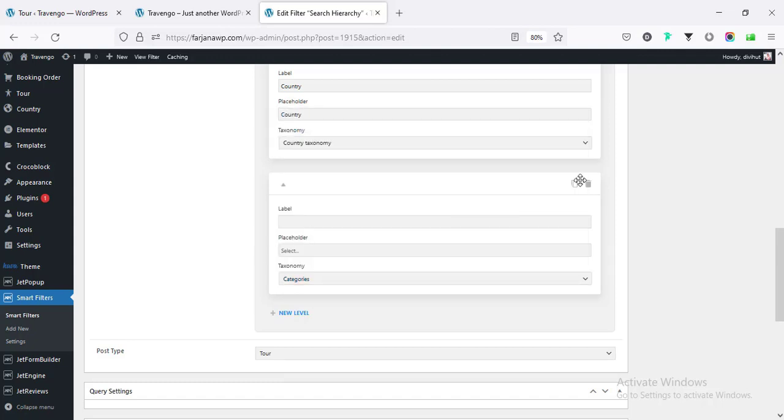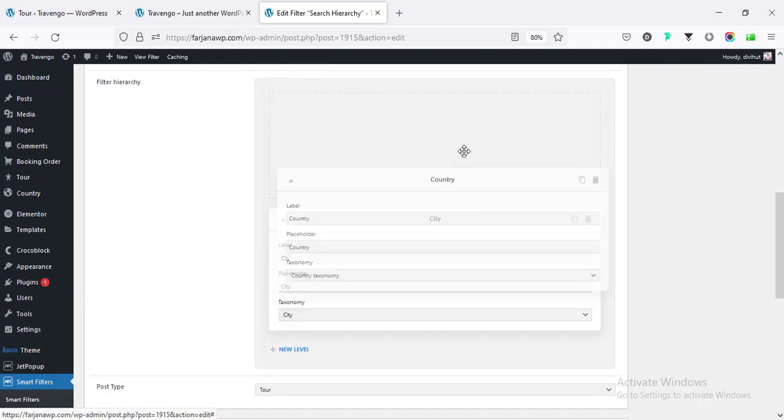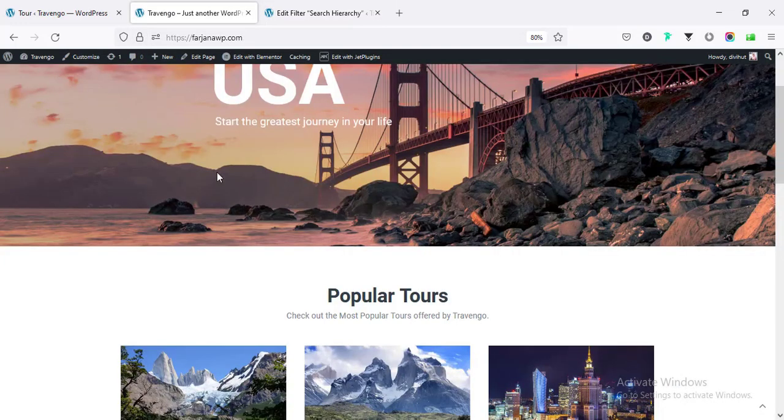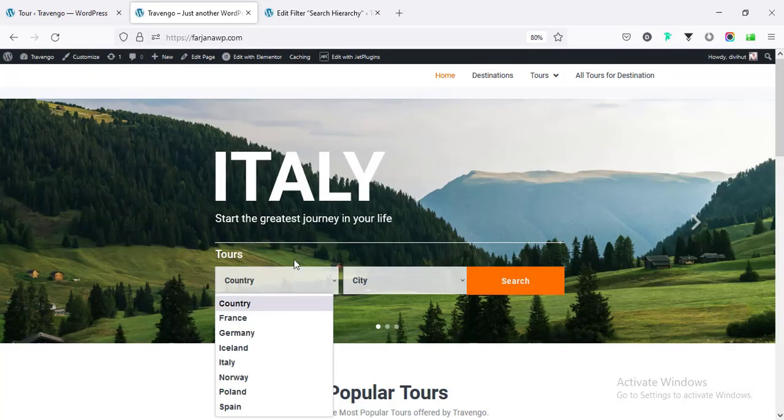For now I'm just removing it, and also moving country to the top, going to update. And now in the same way, if I again go to the filter page, again going to refresh, and again going to search a tour,